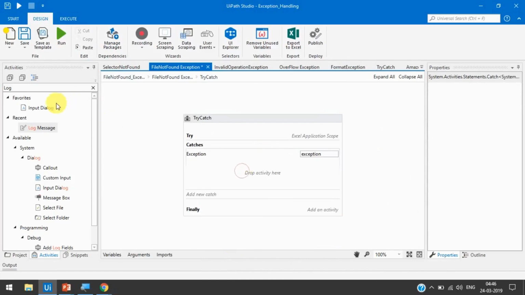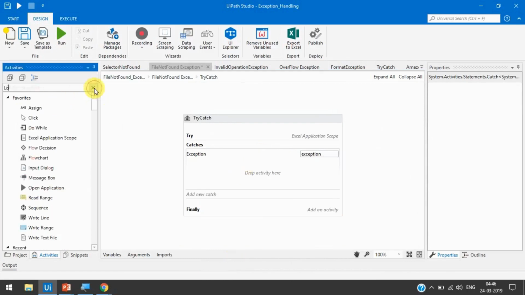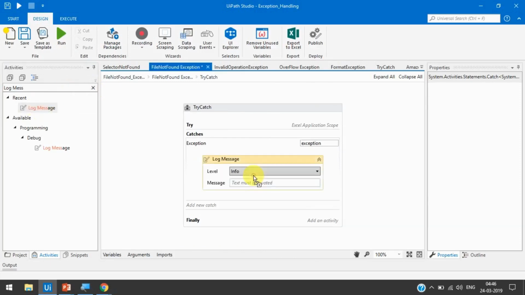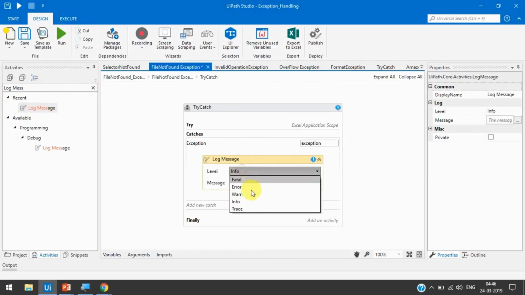Now we can drag and drop one log message activity here, as a warning, and here we'll put that config file is not available or renamed.